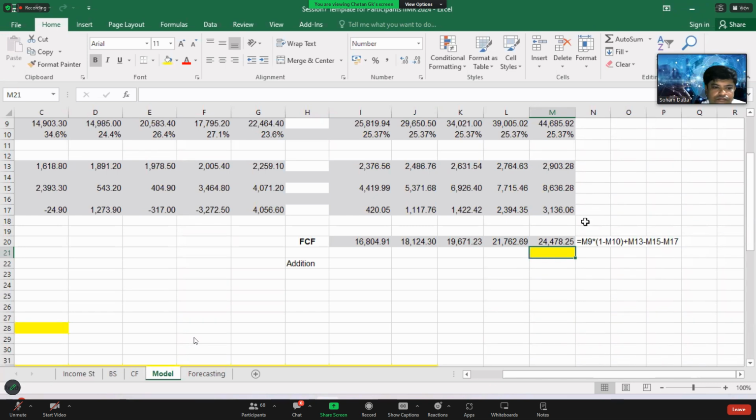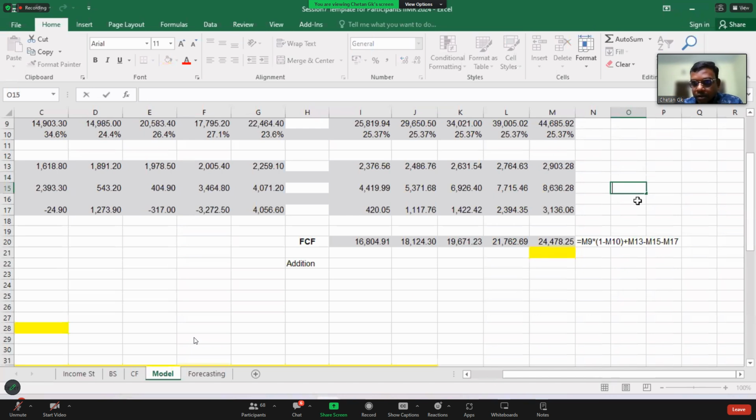How to compute that terminal value? I'll write it here in this yellow cell.